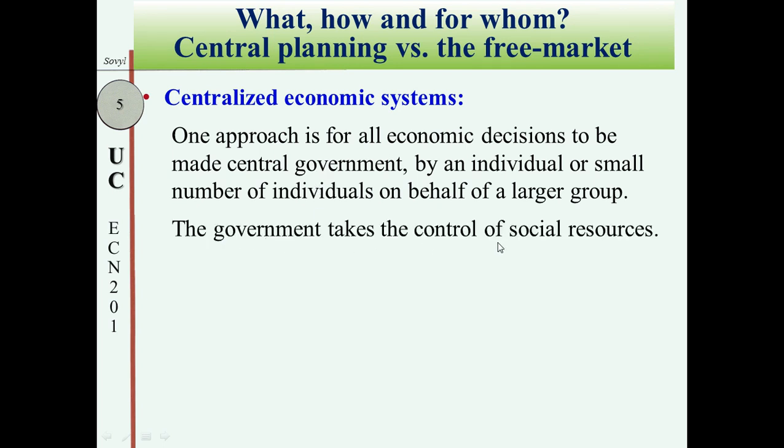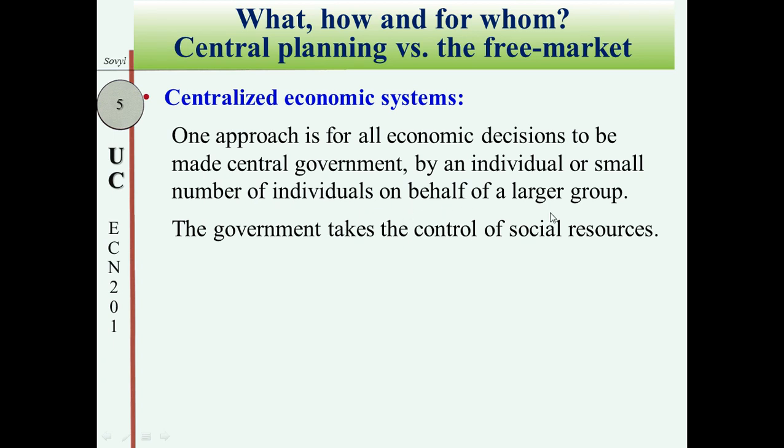Government takes control of social resources. Natural resources are under the control of the government, human resources are also controlled by the government, and technology and the others are also controlled by the government. That's why the government can decide what to use, how to use it, and who it is used for. Okay, so in a centralized economic system, regarding the three questions, the government, it could be the president or prime minister or ministries,